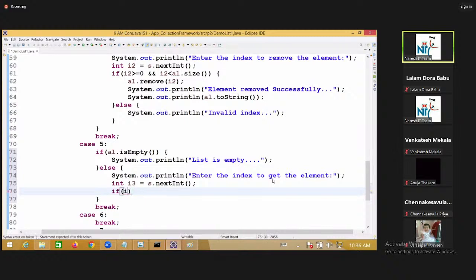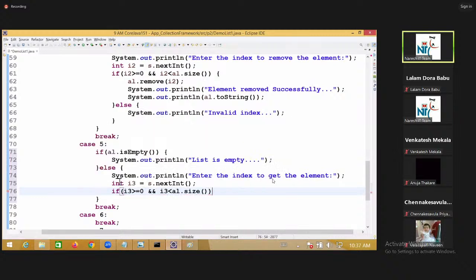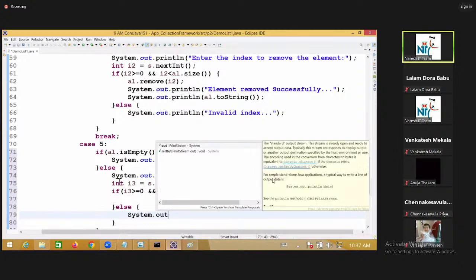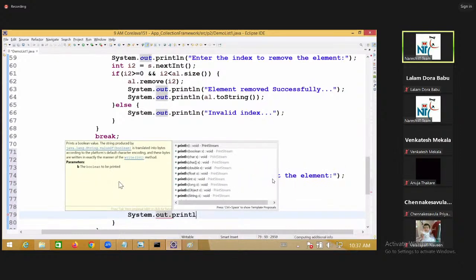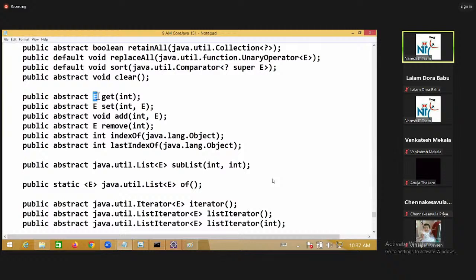Same: i3 must be greater than or equal to 0 and i3 must be less than al dot size. If it is true, okay. If not, invalid index. System.out.println, you can say invalid index. If it is a valid index,